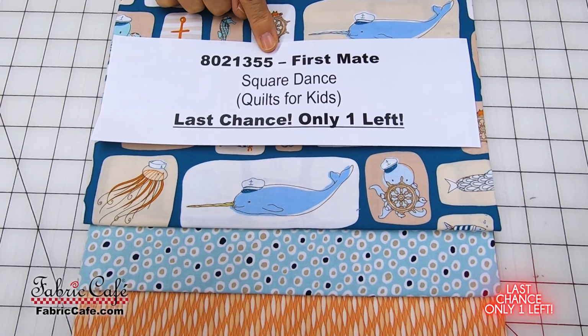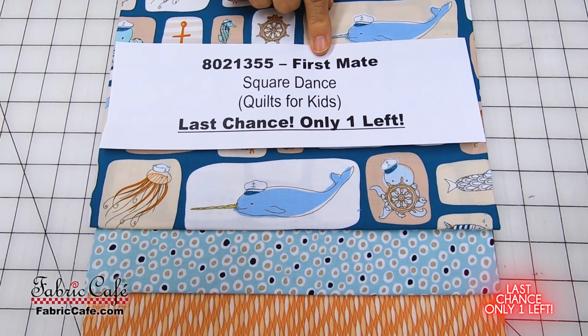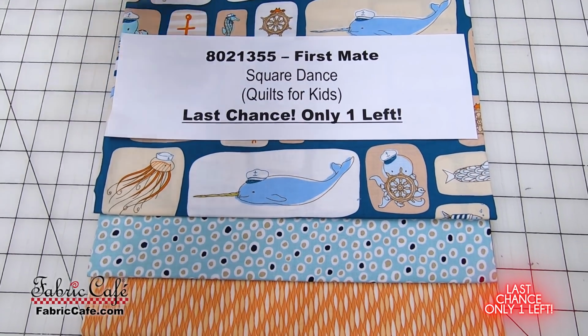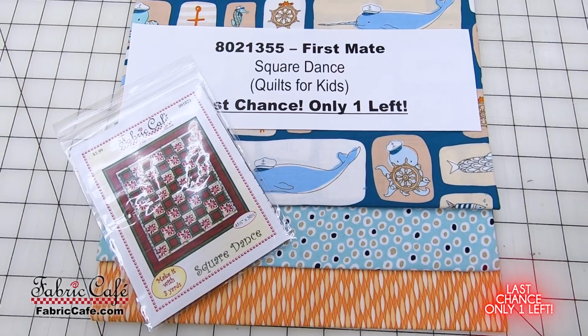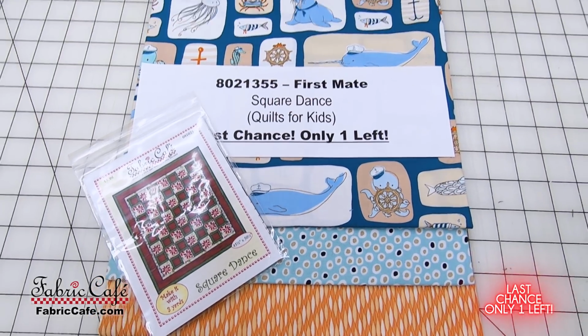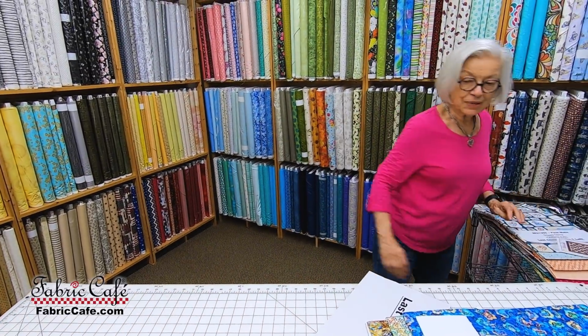8021 355 is the kit number. First Mate is the name. Square Dance is your pattern. It's available as an individual. It's also available in the book, Quilts for Kids. There's only 1 of these remaining. Okay, and then we